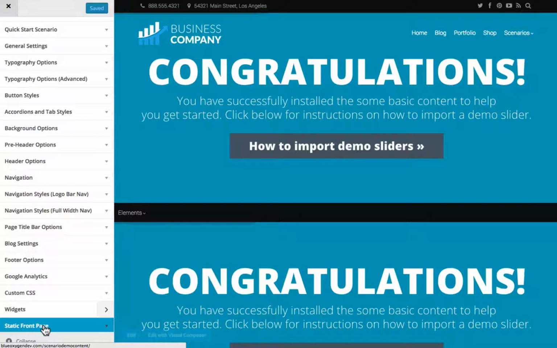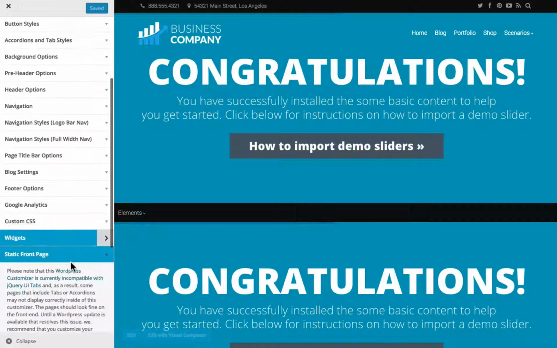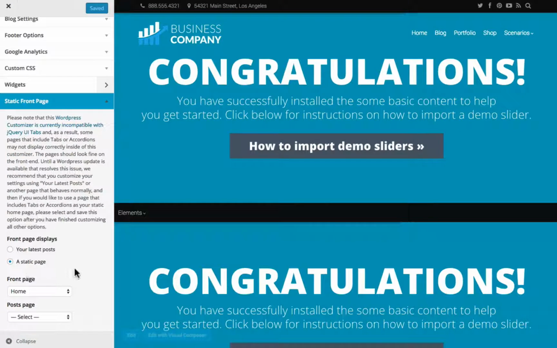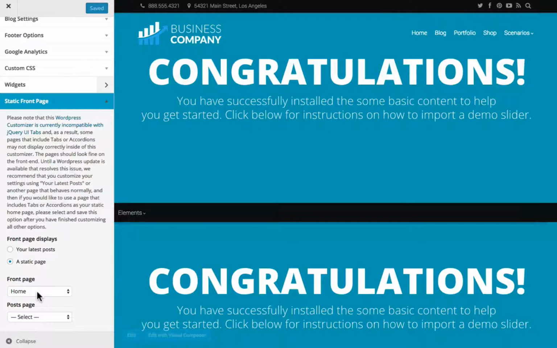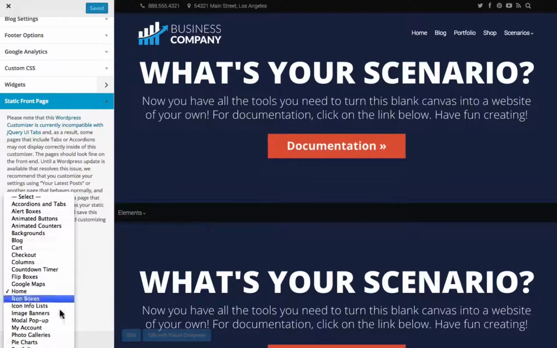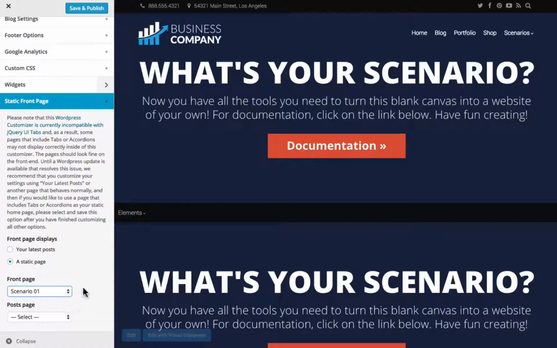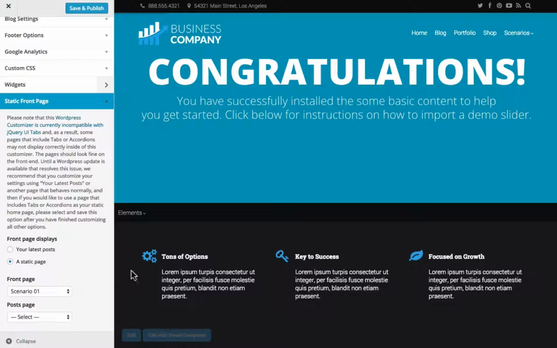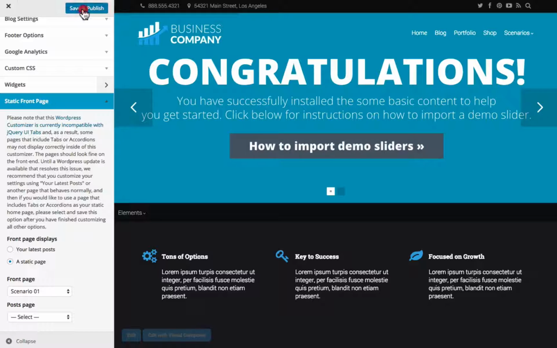The last thing that I want to do is go to static front page, and I want to change this. This home page is just a demo, but what I really want is scenario 1, because that is the home page of this scenario. And so if I click save and publish and then close out this page,